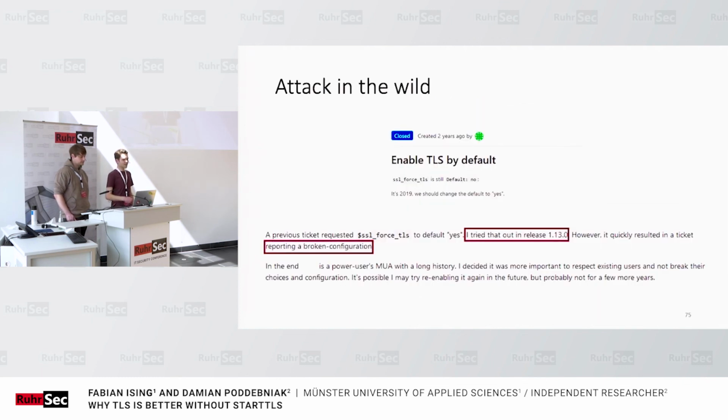We also had an interesting experience while disclosing to an open source client. We found an older issue requesting TLS to be enabled by default, which seemed quite sensible to us. However, the dev responded that they tried this in a previous release, but it resulted in an issue about a configuration being broken by a user. Therefore, this change was reverted in a later version.